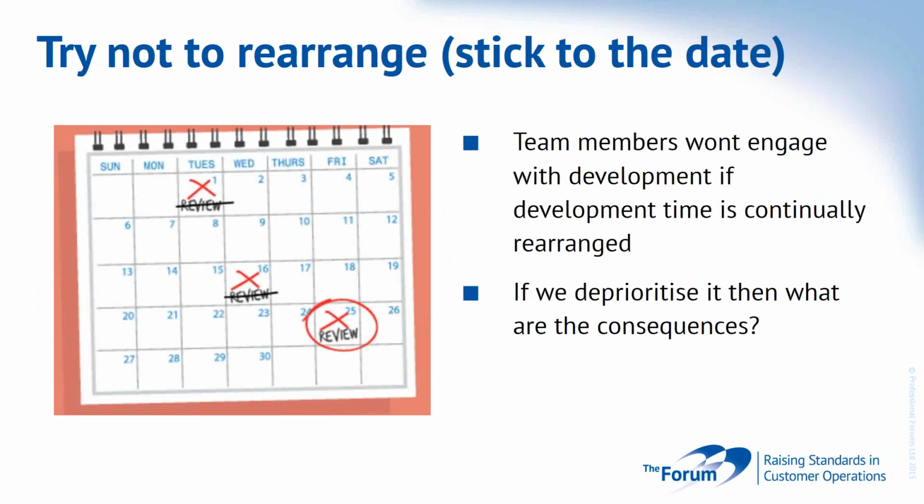And think about the consequences of continually deprioritising development. What does that mean to people? What does that mean in terms of your overall business performance? If you know you've got poor performers or you're not performing to a required standard and you continue to rearrange development, people aren't ever going to get any better. And it also puts us in a really difficult situation moving forward, that if, in some cases, we do have to manage someone more closely for their performance,